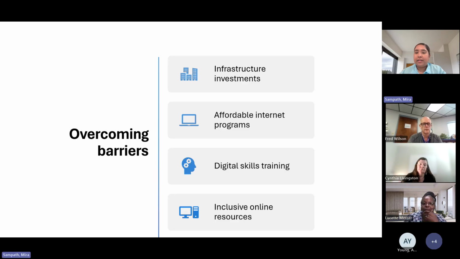Yeah, absolutely. Can't understate again the importance of community health workers. They have those relationships already built in with the community. They have community trust. And so again, relying on those trusted members of the community to disseminate information like this, definitely a really great idea. Cynthia?